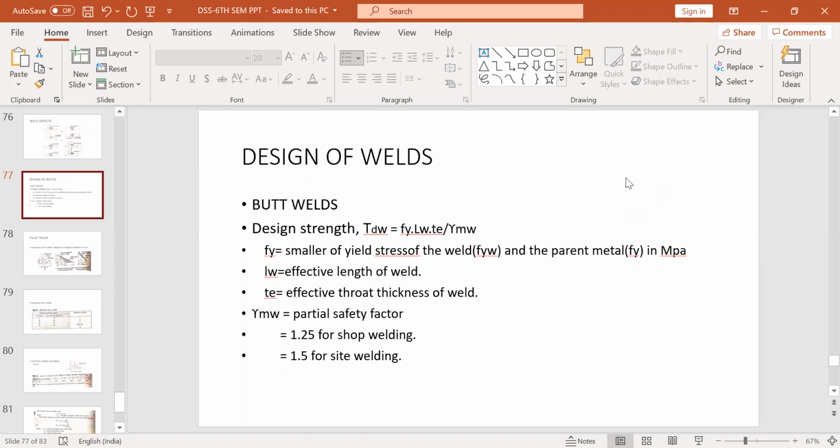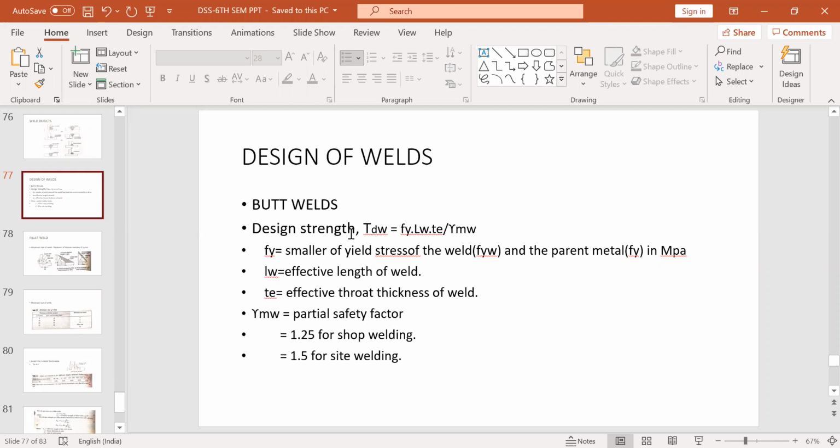So, in the past lecture, we have discussed welding, various types of welding, how welding is carried out, what the procedure for doing welding is, and what the defects are while performing the welding operation. Okay. So today we'll discuss the design of welds, how the welds are designed, what the specifications are, and all those things. As you know, two types of welds are there, butt welds and fillet welds. First we'll understand the design of the butt welds.